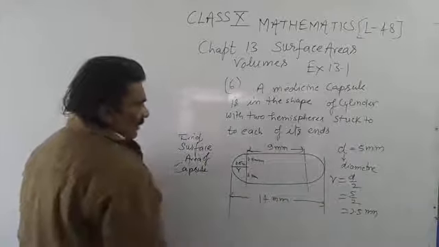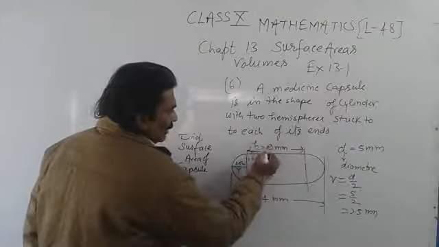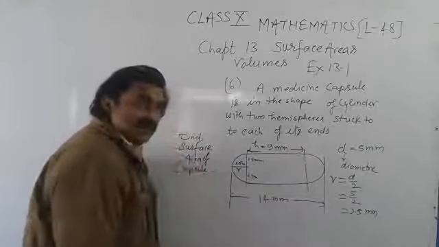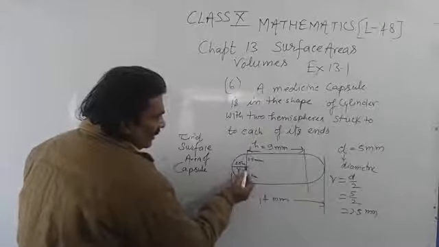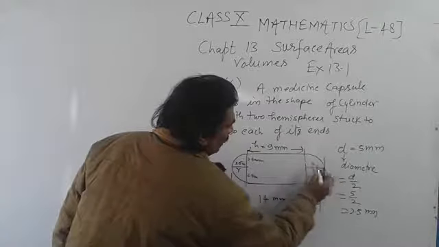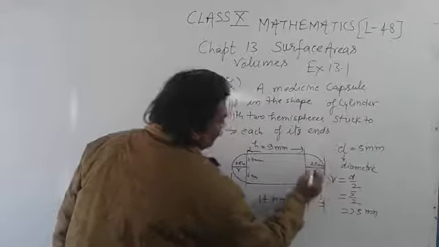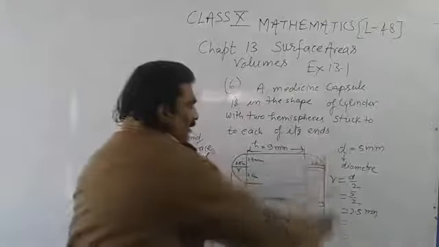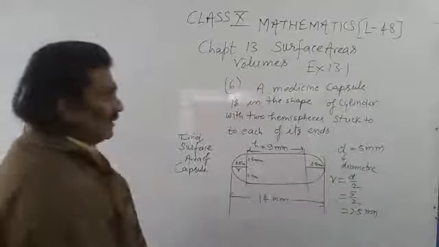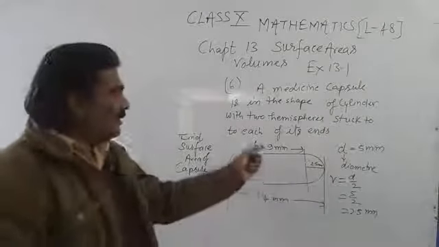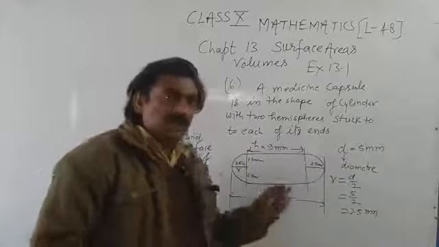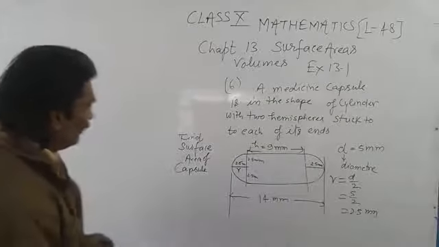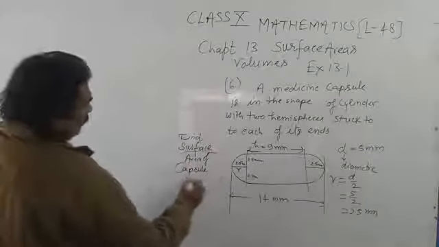बट द हाइट ऑफ सिलेंडर इज 9 मिलीमीटर बिकॉज टोटल लेंथ इज 14 मिलीमीटर. आप देखें ये 2.5 रेडियस एंड दिस इज आल्सो 2.5 मिलीमीटर रेडियस. तो 2.5 प्लस 2.5 दैट इज 5. तो total length 14 millimeter minus 5 millimeter is equal to 9 millimeter is the length or height of the cylindrical portion. Now students, we have to find surface area of this capsule.